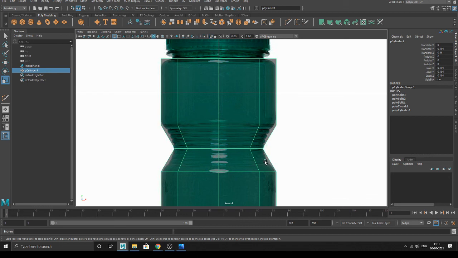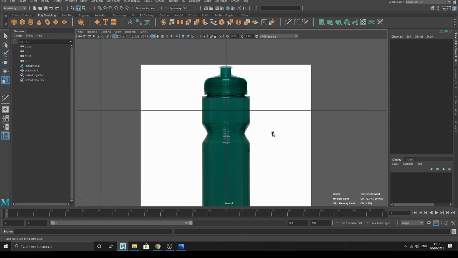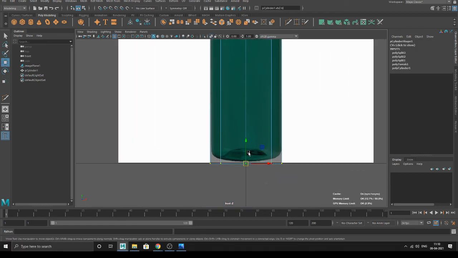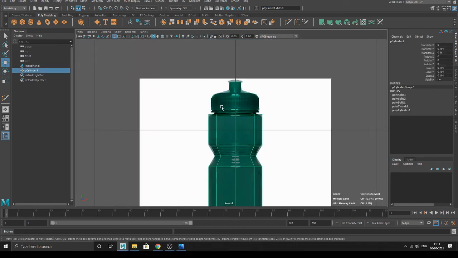Now you got this shape. The thing is that it is a little circular, so we'll fix it later on. It is okay. So now this much is clear. This is our blocking part. We've snapped that cylinder down, so there's no need to move this. Now we've created this.